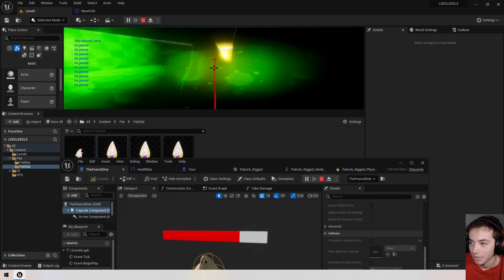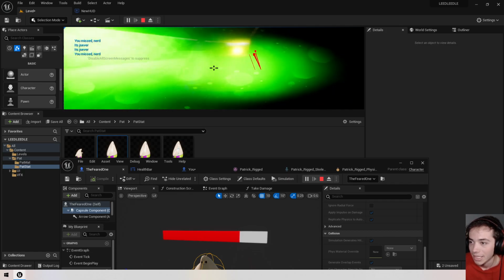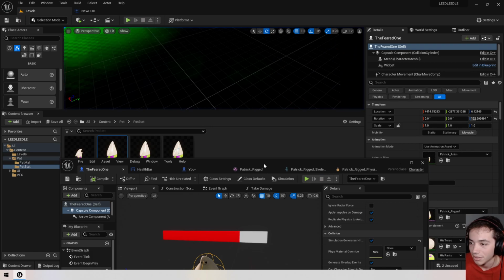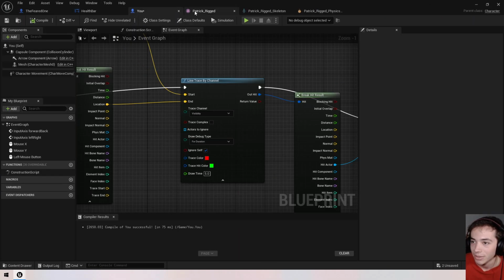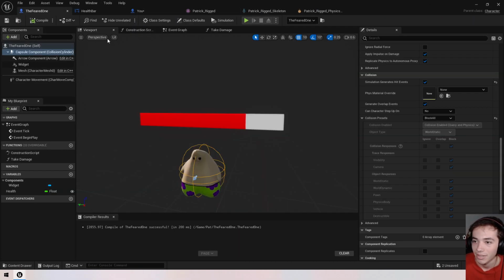Yep. Every shot is landing. Oh, some shots are still passing through him. That is odd, even though they're literally not. So I feel like what's happening there is we're hitting